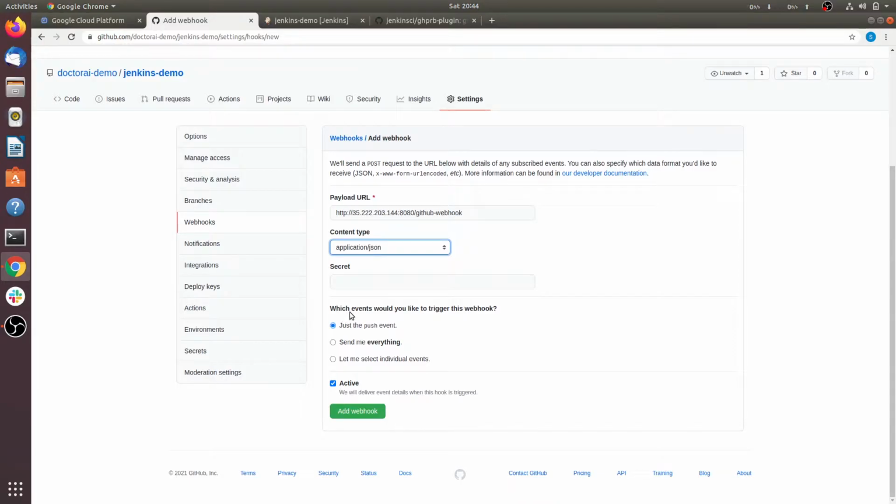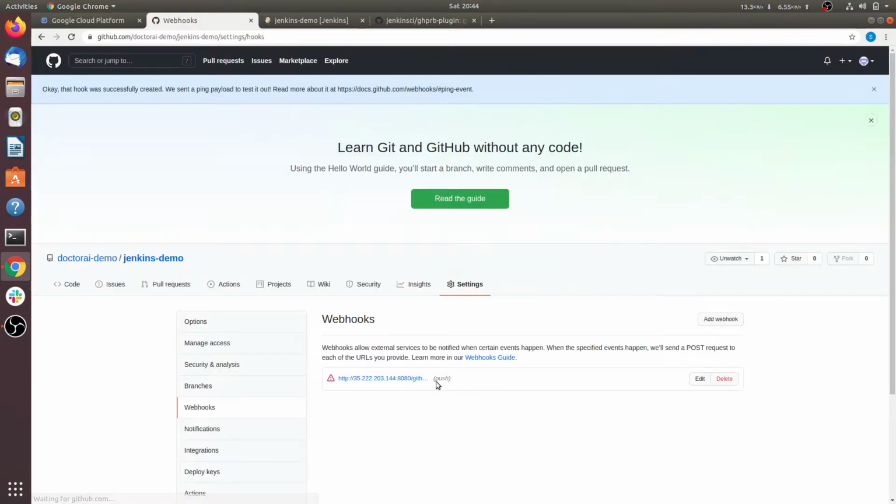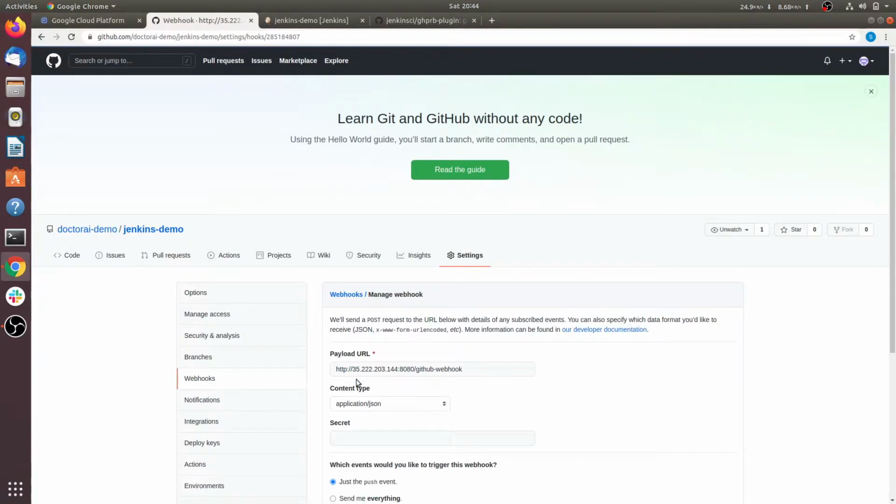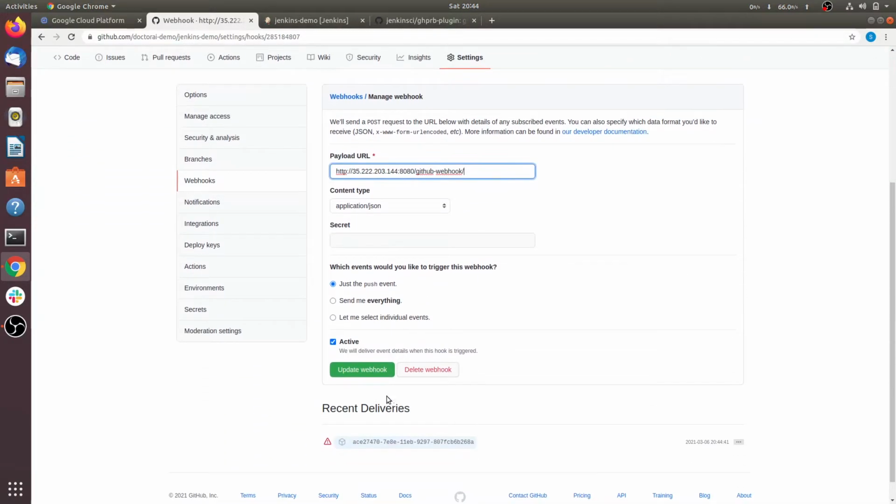So you have to choose on which event this webhook will trigger. So we are using just the push event. Add webhook. So we are getting an error. So we missed something. We missed a slash here.